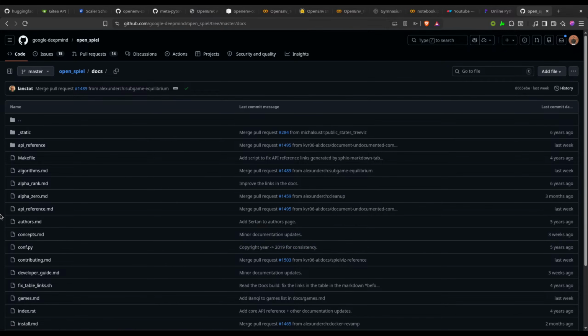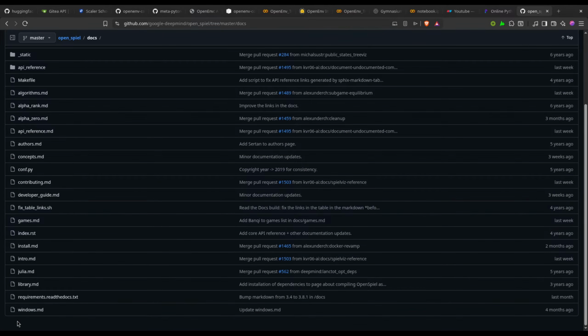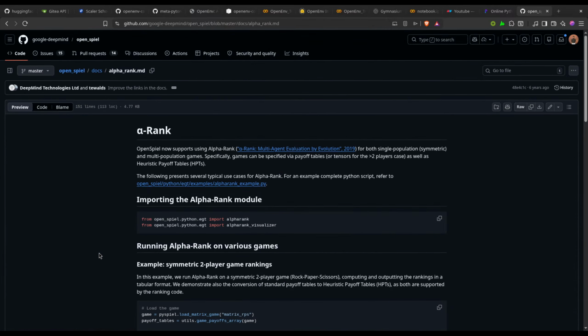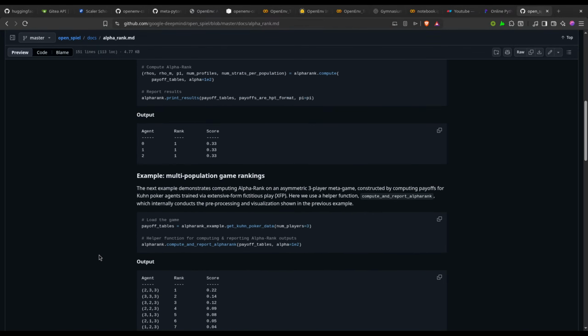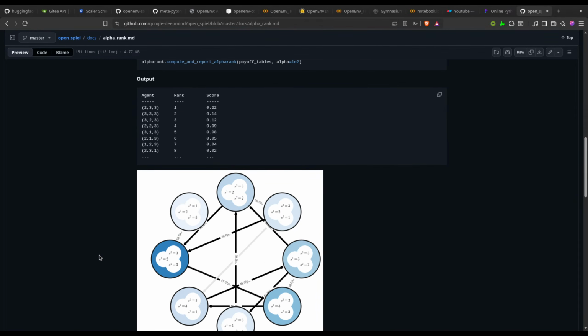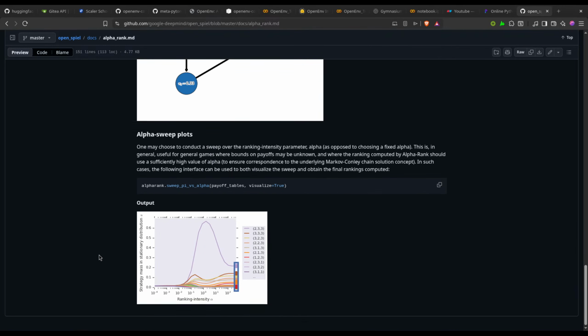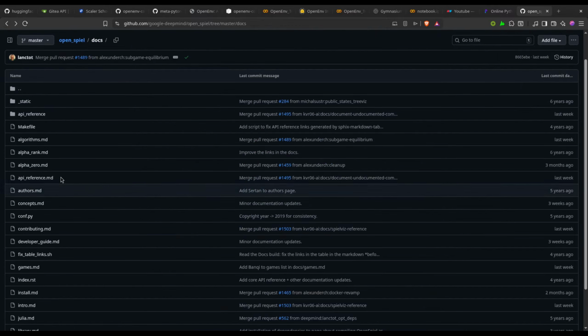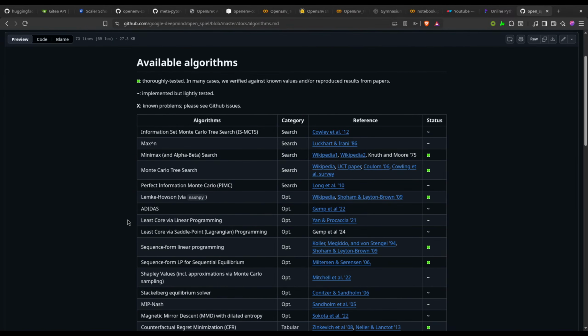We have our docs with us, where they have defined all the games, the alpha algorithm. I wanted to read this AlphaRank algorithm today. We will be doing it going forward,